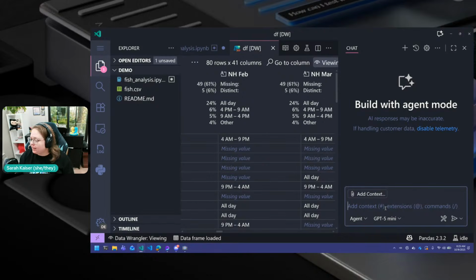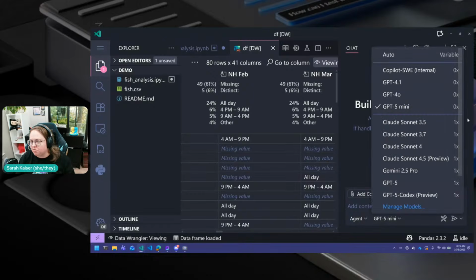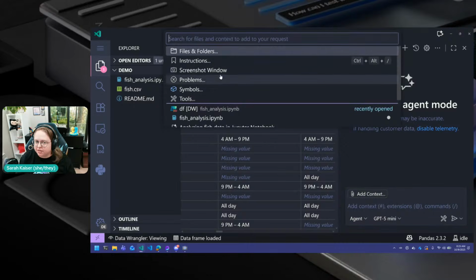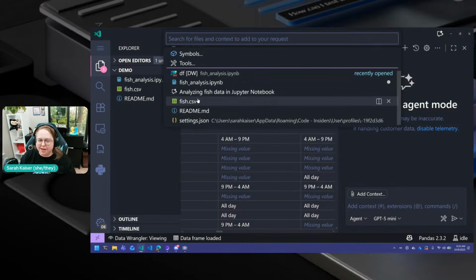Sometimes I'm paranoid, and sometimes my workspace is so large that I don't want it to load everything because it might get real slow, or use tokens, especially if I'm using a model where it costs money. Right now, the GPT-5 mini I'm using is one of the free tier ones. So I'm not using any sort of really super powered Copilot here. But yeah, I'm often paranoid about this, so as you saw before, I will explicitly add